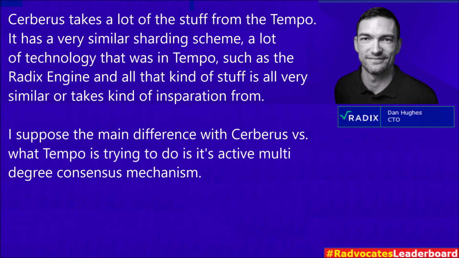Cerberus takes a lot of the stuff that was in Tempo, so it has a very similar sharding scheme. A lot of the technology that was in Tempo, such as the Radix engine and all that kind of stuff, is all very similar or takes inspiration from it. I suppose the main difference with Cerberus versus what Tempo was trying to do is that it's an active multi-degree